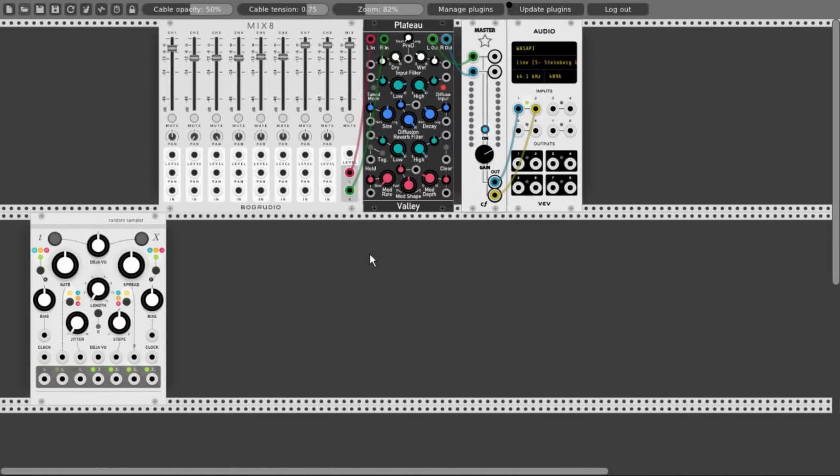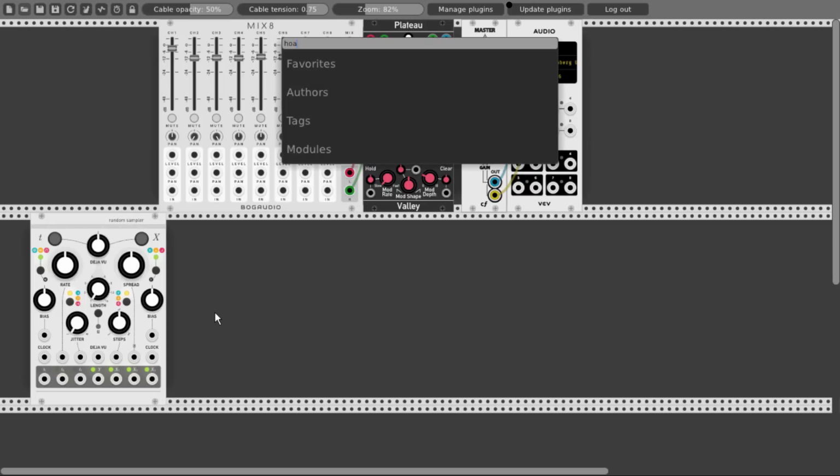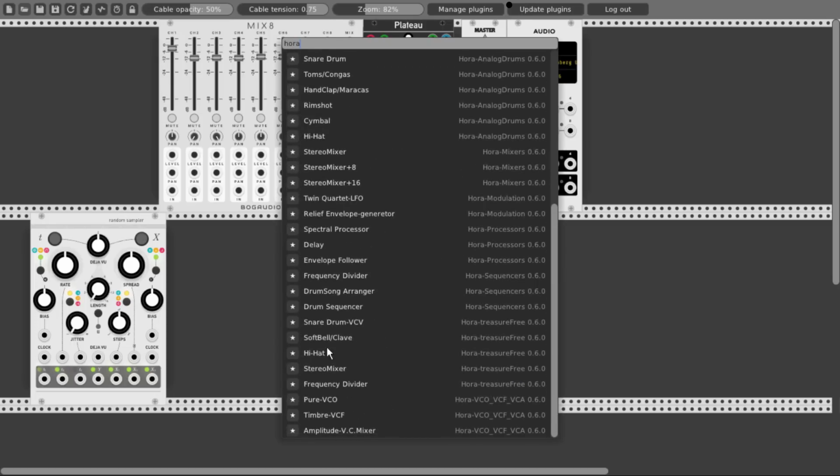Okay, so the first mode, the green one, is really similar to Branches, the Bernoulli gate, and how it works. Marbles will perform a sort of a coin toss, and this will decide from which output the gate will come out of, T1 or T3. And the main output, T2, will always output the normal steady gates. And with the bias knob, we can change the probability of which output will produce more or fewer gates. So let's start building a patch demonstrating this, and let's use the hi-hat module from Hora.